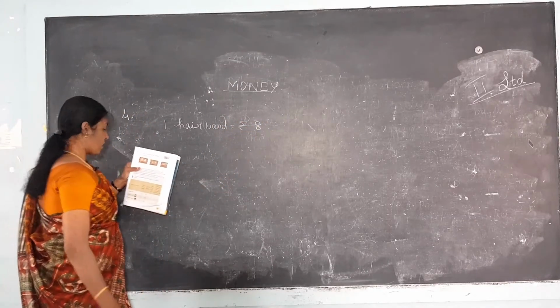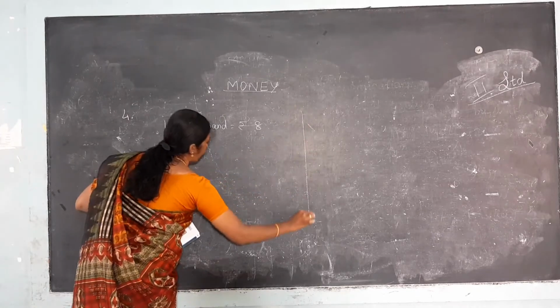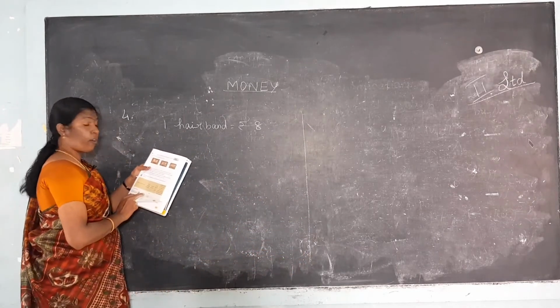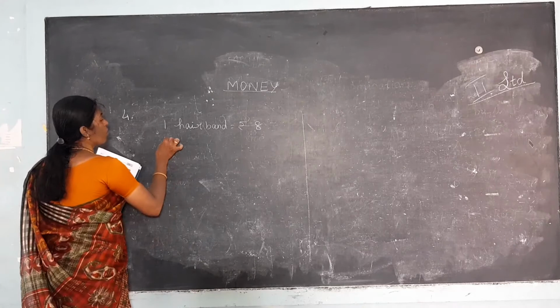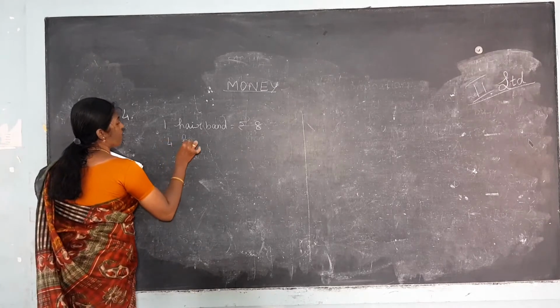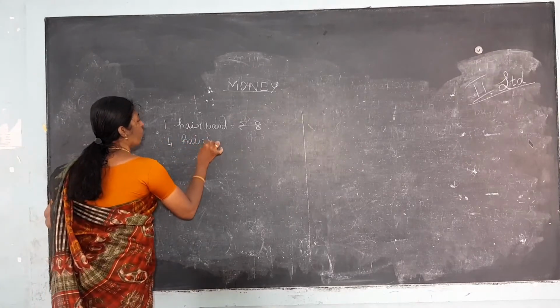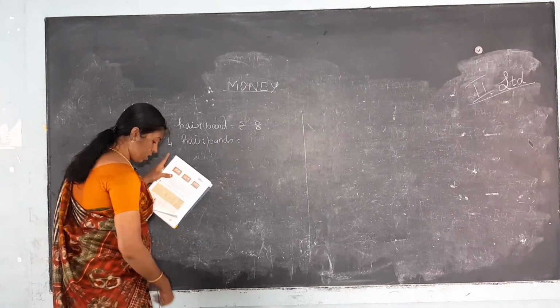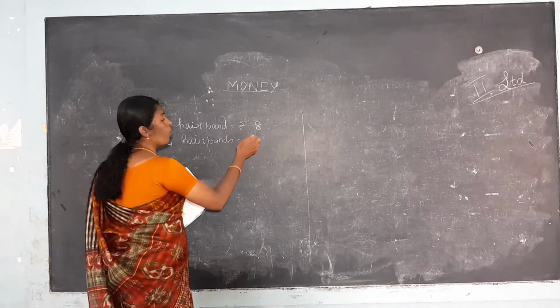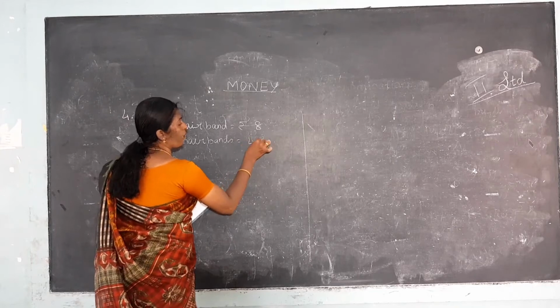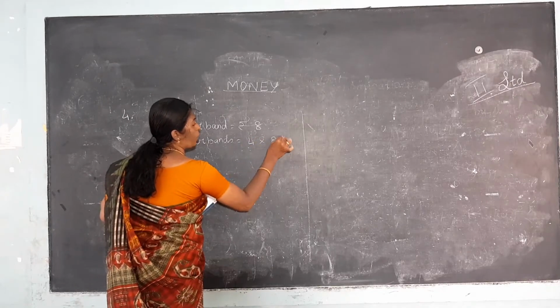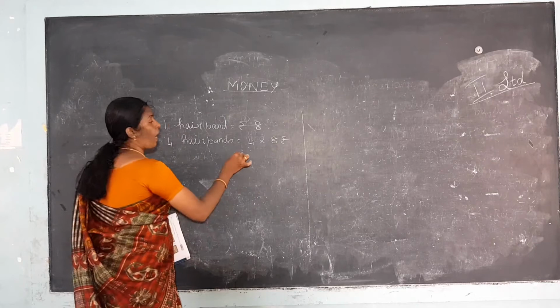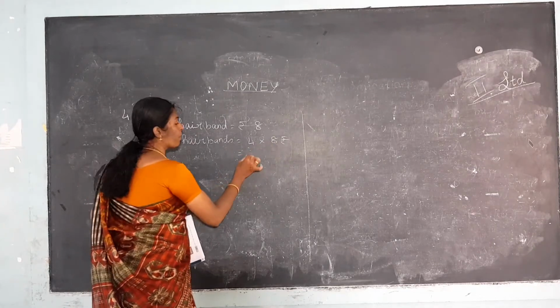Next, how many hairbands are here? 4, number of items 4. So 4 hairbands equal to how much? 4 into 8 rupees. That is 8 4s are